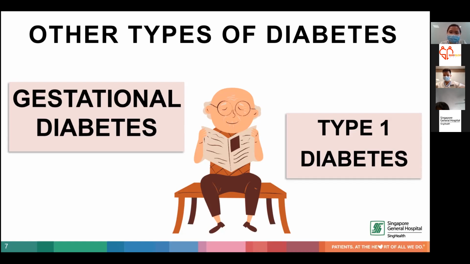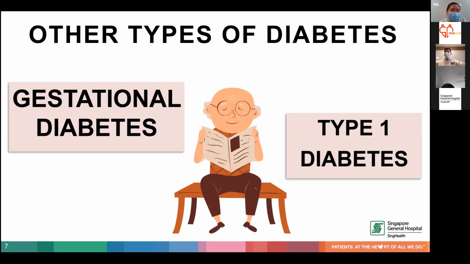but this group of women usually will have a higher risk of developing type 2 diabetes in later life. And what about type 1 diabetes? Type 1 diabetes is usually inherited and it cannot be prevented. It occurs when an organ in our body, namely the pancreas, couldn't produce enough insulin. This group of people usually will require daily injection of insulin. It usually occurs when you are a child or a young adult, but bear in mind it can also occur at any stage of life.